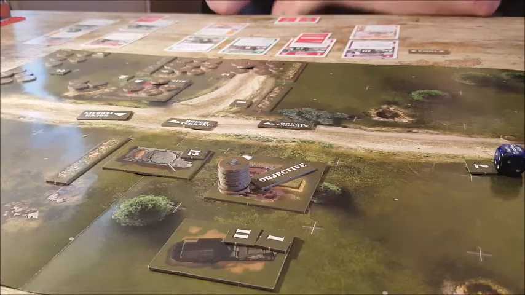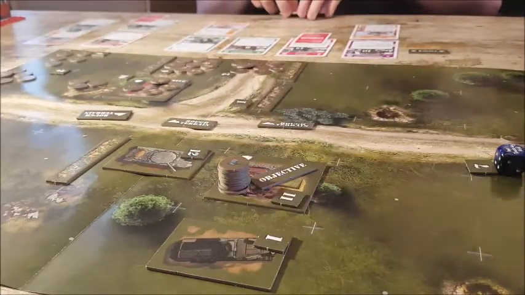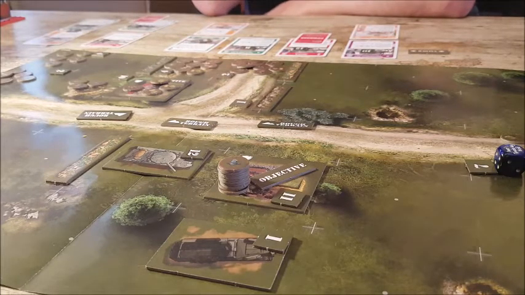And actually, maybe I should fire the... Yeah, the AT gun can actually see something. Yeah, you know what? I'm going to fire the AT gun, I think. Where the hell is it? On my thing. Oh, there it is. So, there's a range of 5, defensive shield, anti-tank 3. Actually, it doesn't really... Doesn't have a HE round, so it's not good against infantry. No, I'll bring in the...